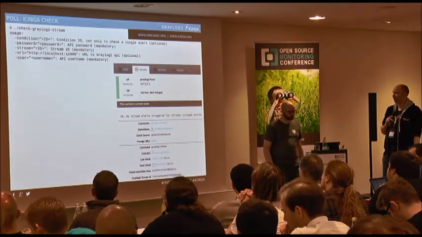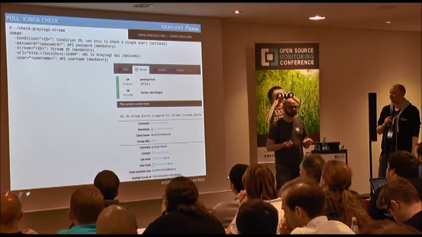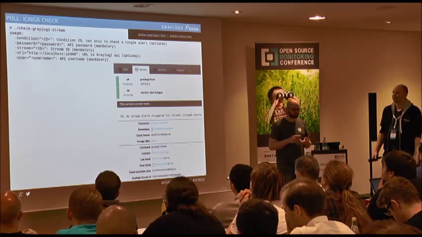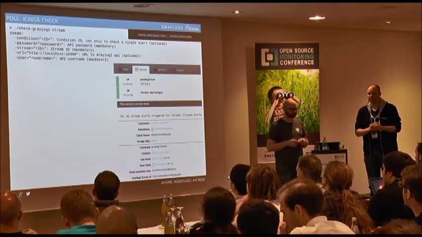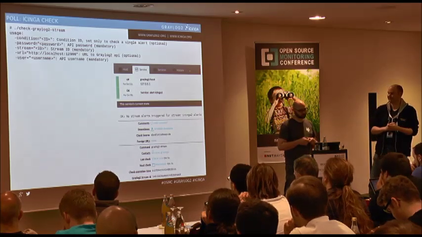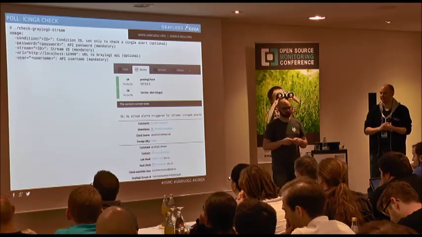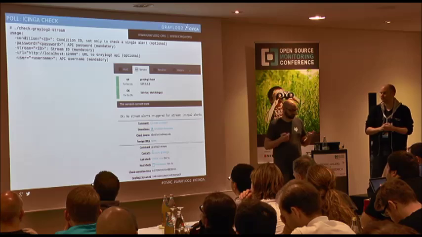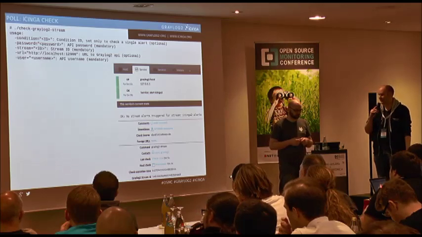Then we have this simple check plugin, which takes some mandatory parameters. You have to pass in the URL for the Graylog2 server API, username, and password. We will extend it later to also work with tokens, so we don't always have to add your username and password there. And then you also have a mandatory parameter of the stream ID, that's the ID of the stream in the Graylog2 system. Icinga just calls that plugin like every other regular check plugin, and you see the output in Icinga.